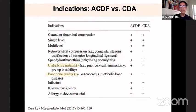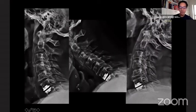Indication of ACDF versus CDA. This slide shows you that ACDF can be proposed in every case, unlike CDA, especially when there is some instability or poor bone quality. This is one example of the